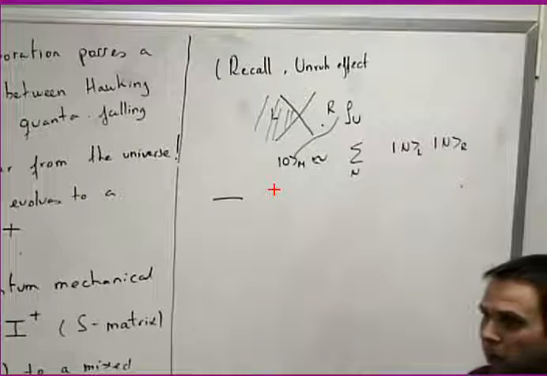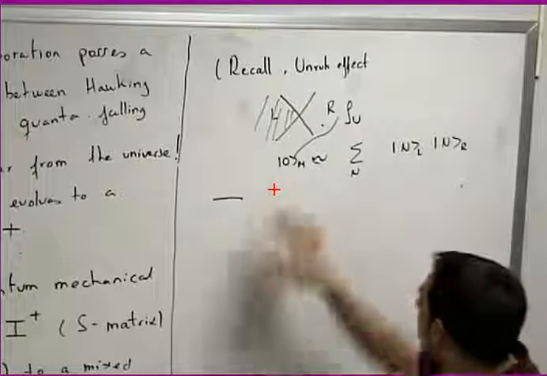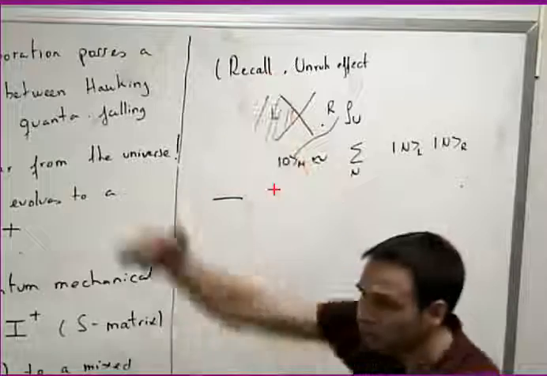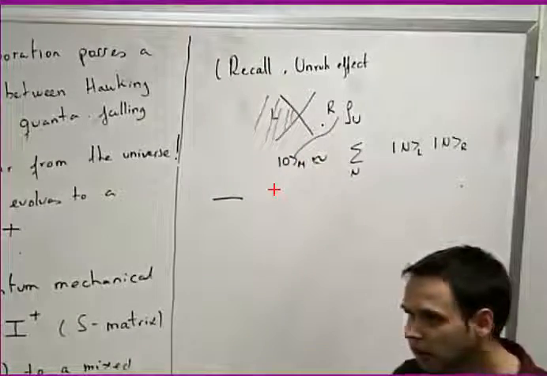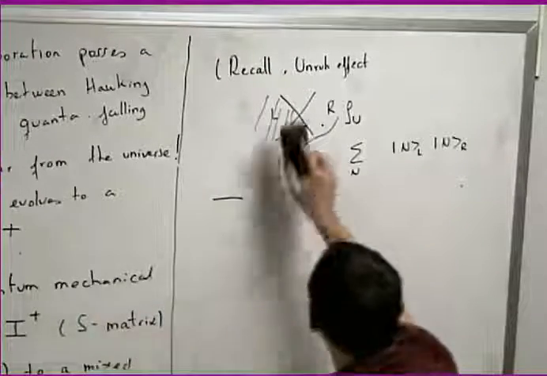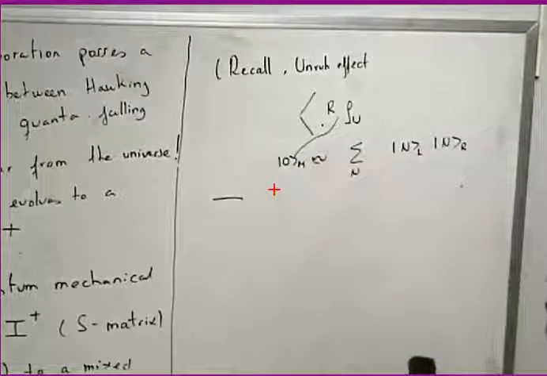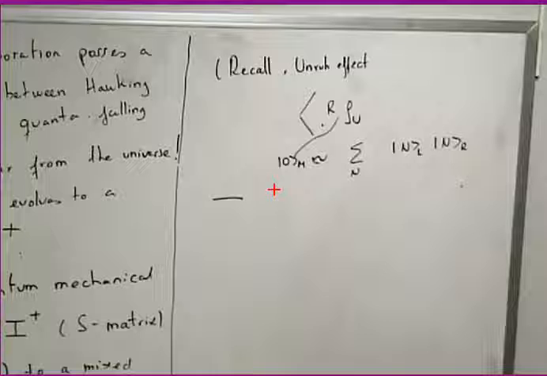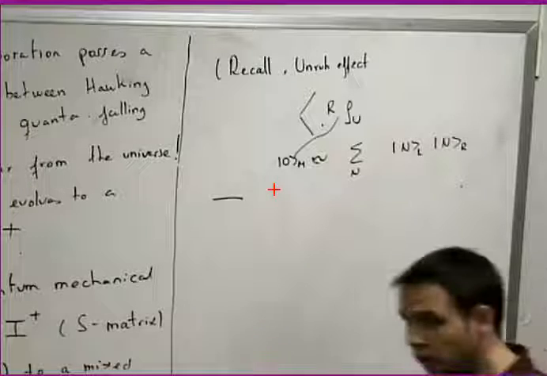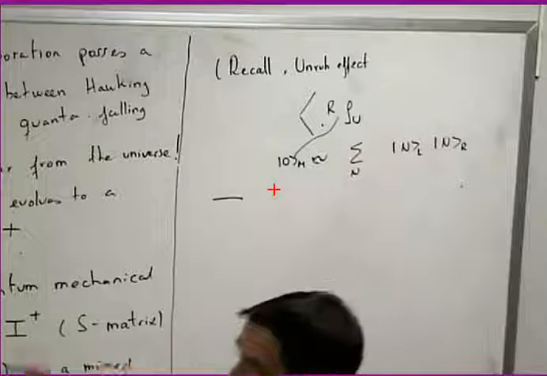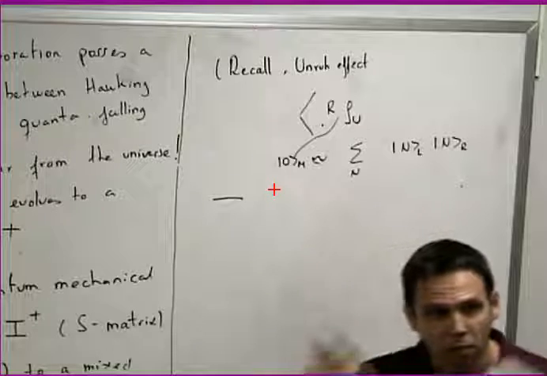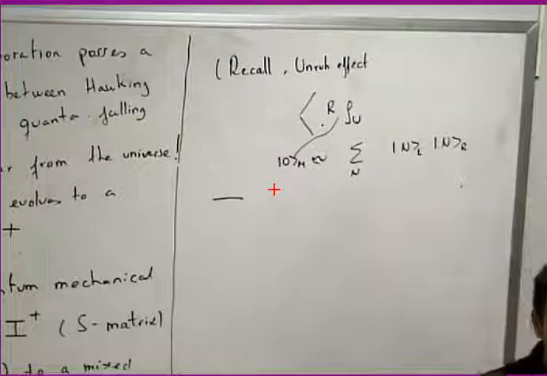But now, if the black hole evaporates, it's as if this region suddenly evaporates from the spacetime. So if something happens here and this region evaporates from the spacetime, it's not there anymore, then we have lost those correlations. This is what happens in the case of the black hole. The correlations were between I plus and the interior of the black hole. But if the black hole evaporates, those correlations are gone from our spacetime.